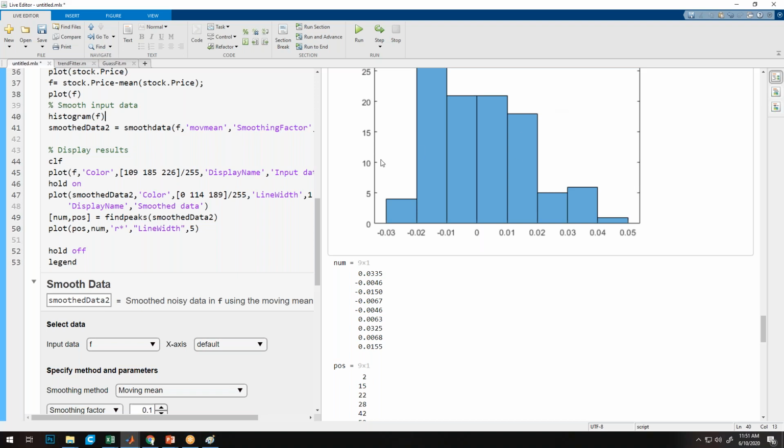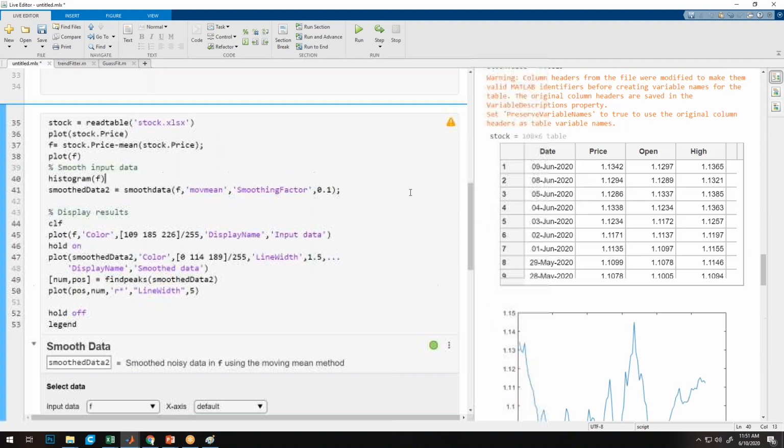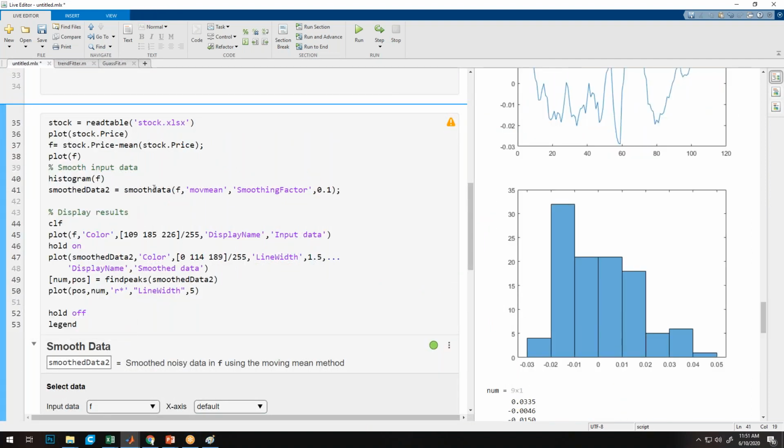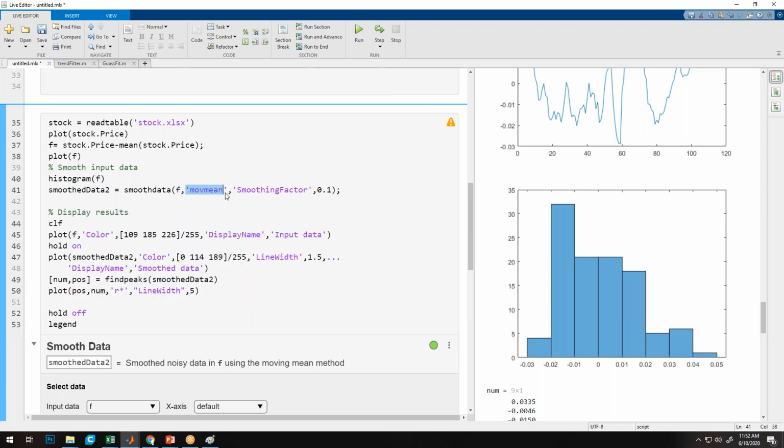Okay, smoothing code. Sure. In smoothing data, smooth data is a function which we automatically generated from the toolbox. Whatever data you pass, it smooths based upon the method you are taking, because we have more than 5 methods.